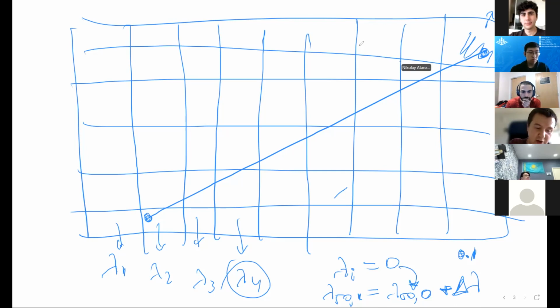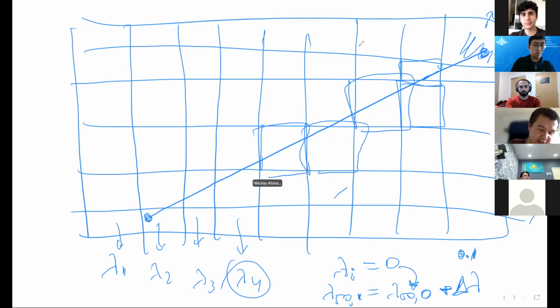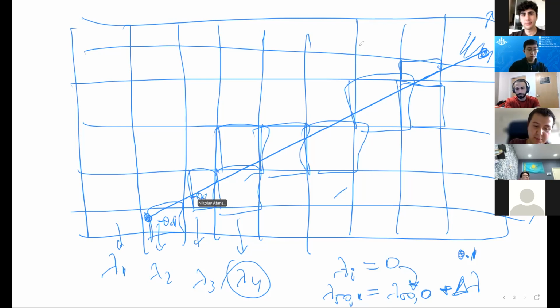The ones that are along the ray but were not hit, like this cell, this cell, this cell over here, this cell over here. So all of these that the ray passed through but did not hit an obstacle, for those we're going to subtract the delta lambda. So after the first update, initially everything is 0. After this update, we're going to get minus 0.1, minus 0.1 for all of these free ones, and plus 0.1